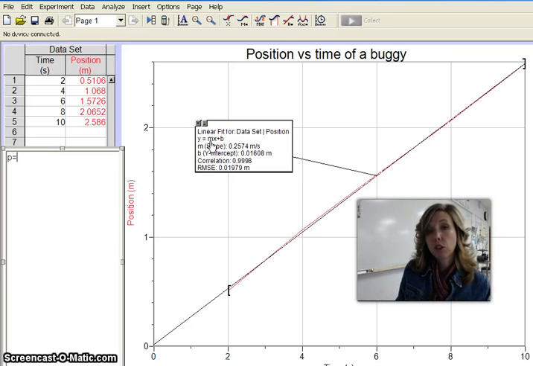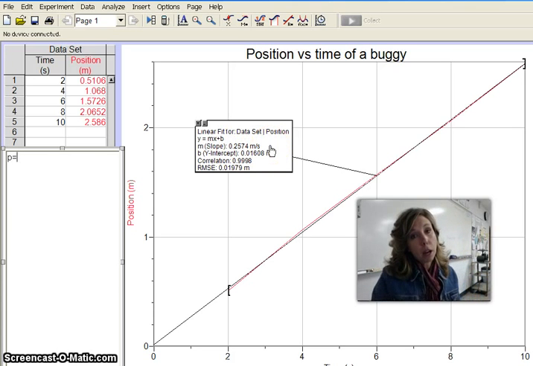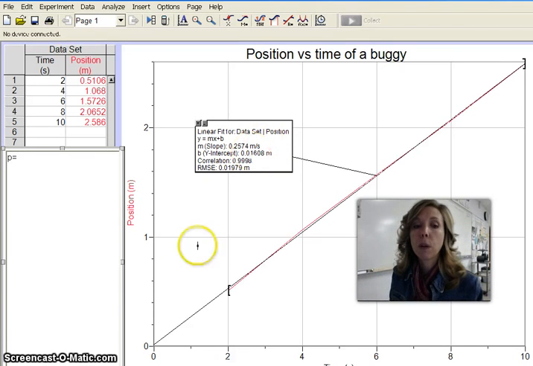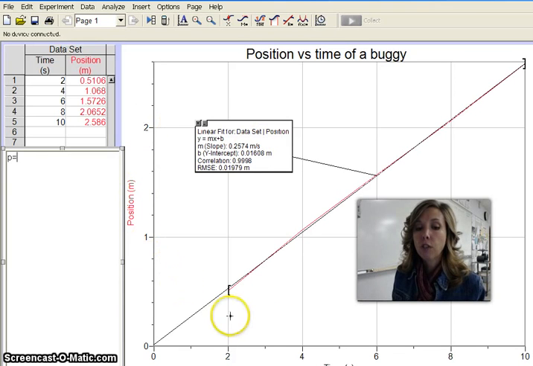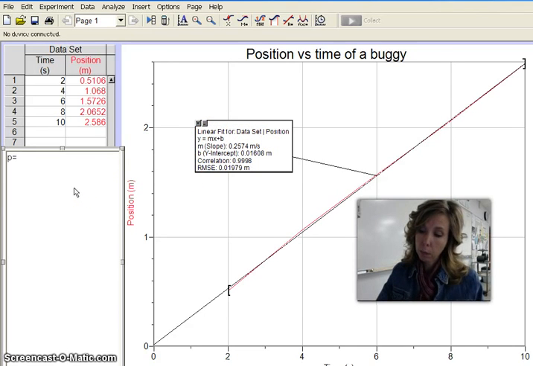Then notice in this general equation I have an m. M is our symbol for slope. Now the computer tells you what this slope is, but I need you also to remember from your math knowledge where slope comes from, and it comes from the change in y for every 1 unit x. And so the computer has taken 2 points along this graph, found the change in the y of those points, divided it by the change in the x of those points, and averaged it to this number right here. So instead of just the m in the equation, I'm going to put what that number is, and that number I'm told is